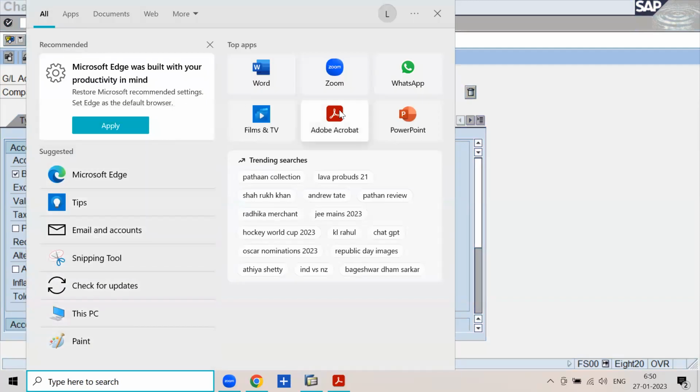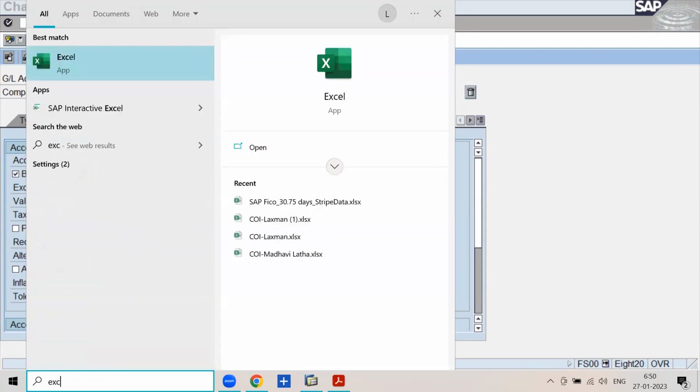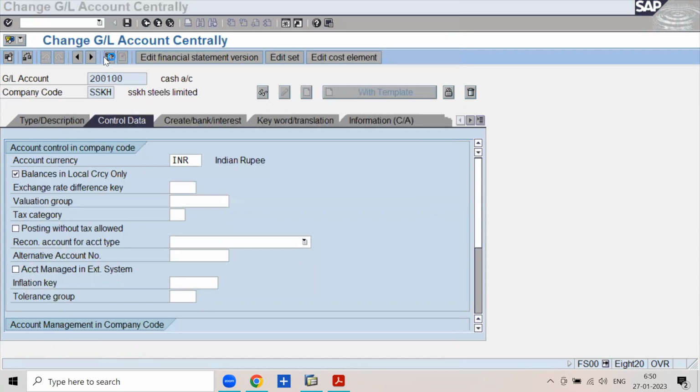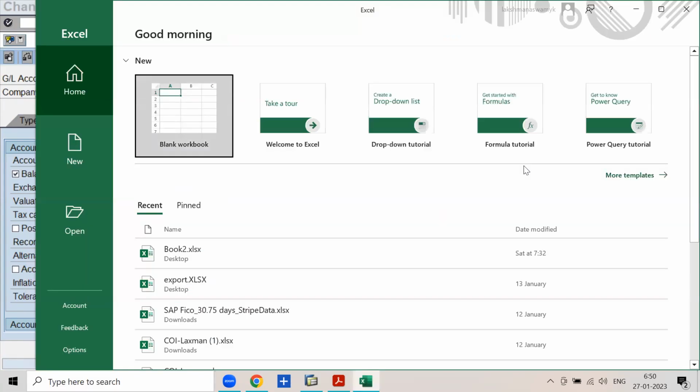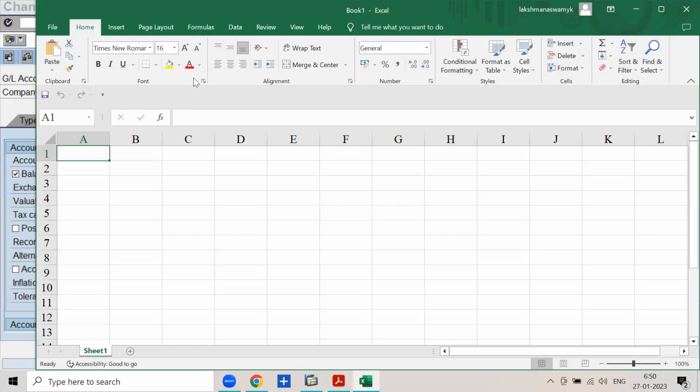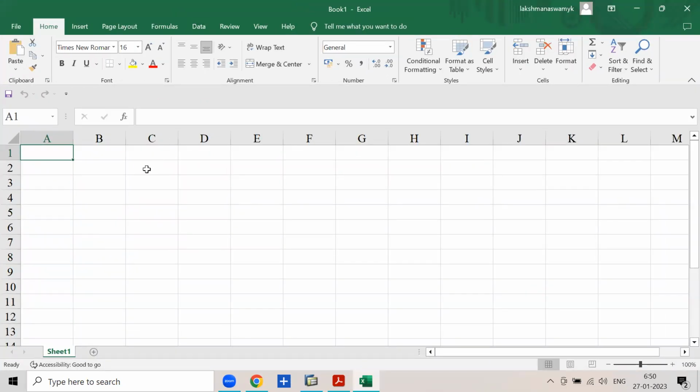There are two types of field status in SAP. Number one,